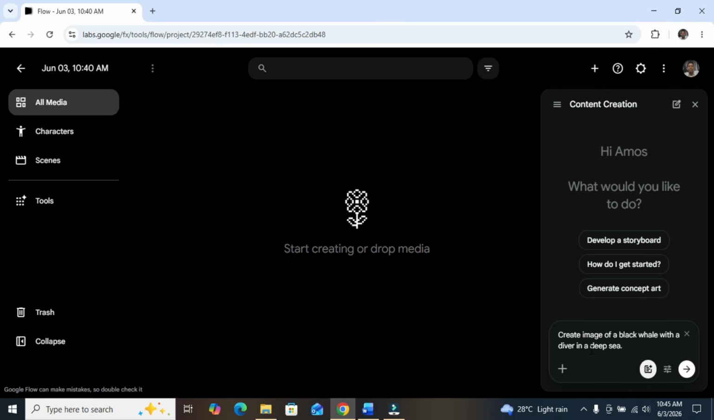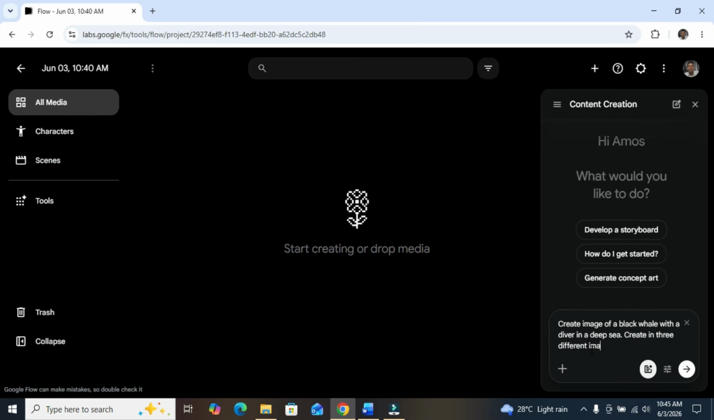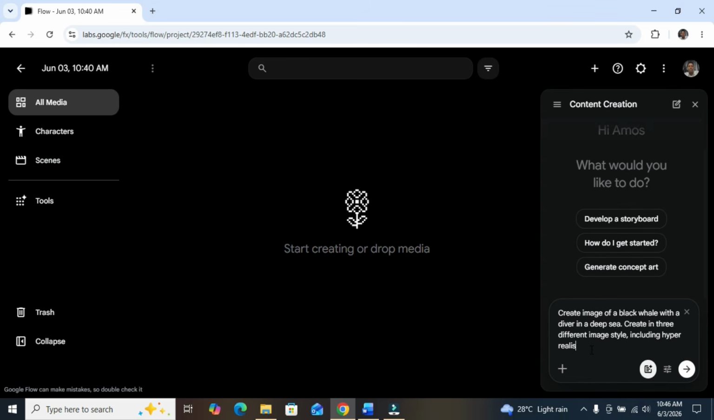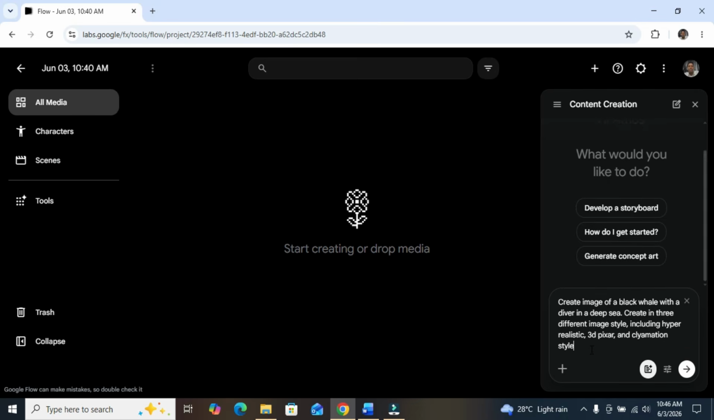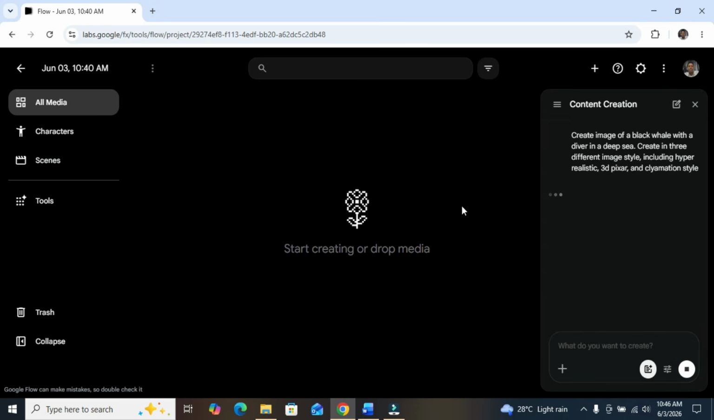Okay, you can also say create in three different image styles, including hyper realistic, 3D Pixar, and claymation style. Okay, you can just go ahead and create the image and click on this icon, and it begins